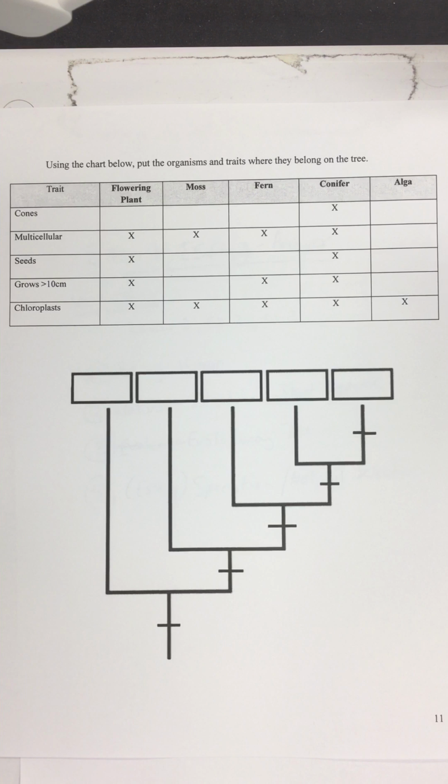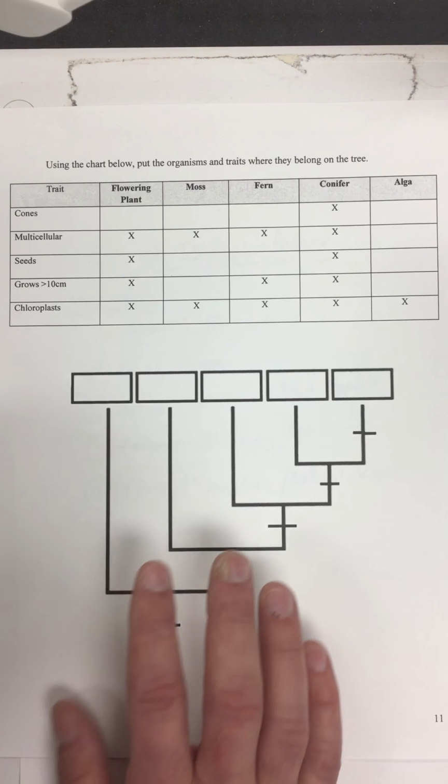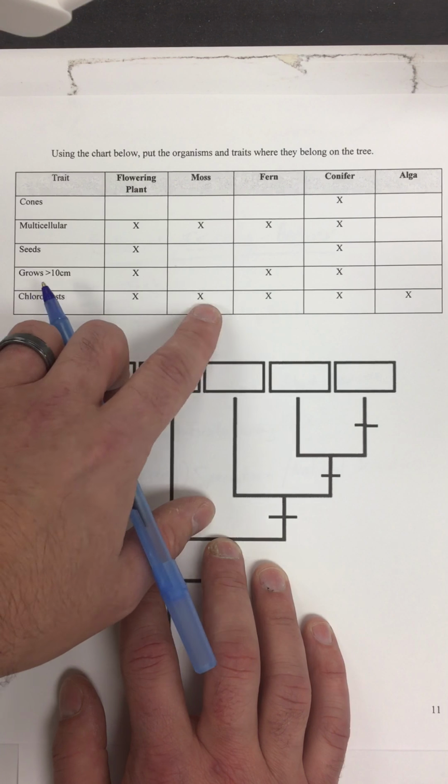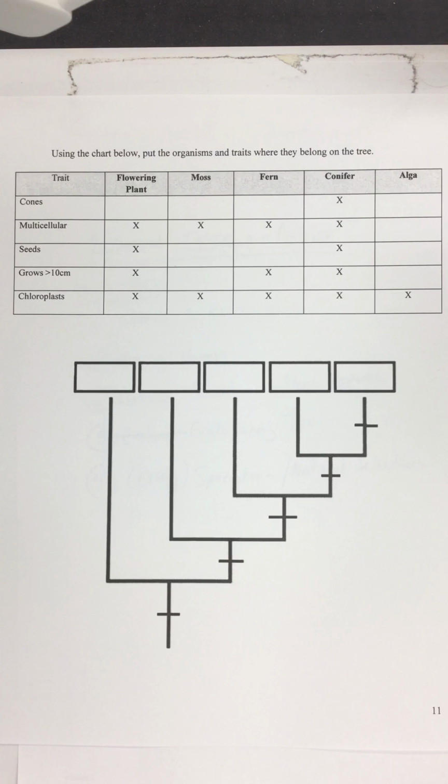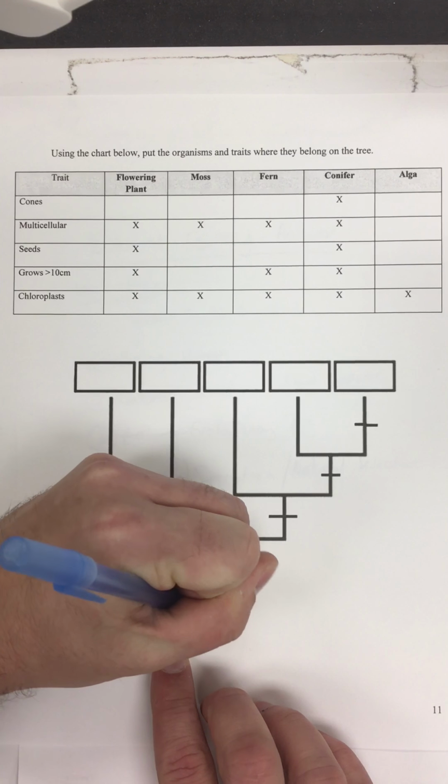Okay, as you said, you were suggesting that we look at the one that is shared by the most of them. So which trait is shared by most of them? Chloroplast. Chloroplasts are. Good. So the chloroplast, every single one has a chloroplast. So where should I put that trait at? The bottom. Down at the bottom. If I put chloroplast down here,